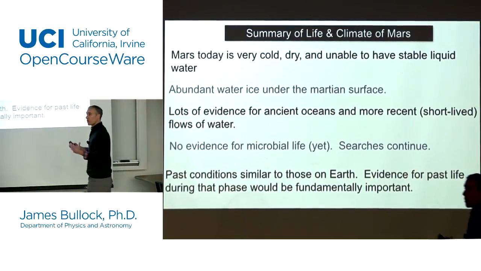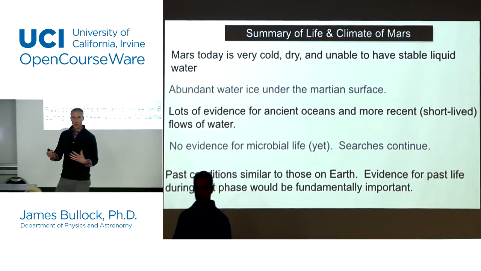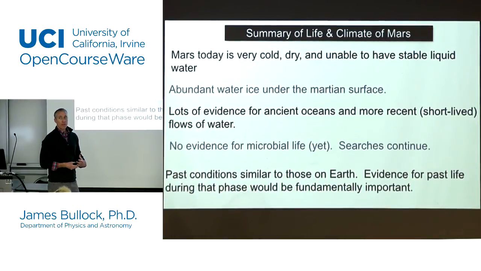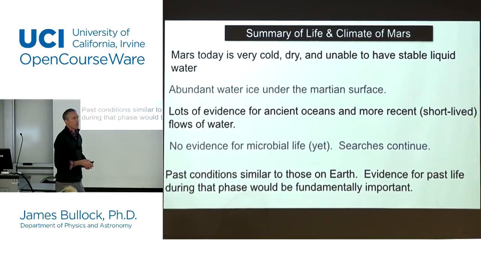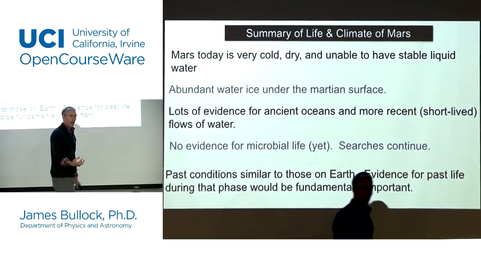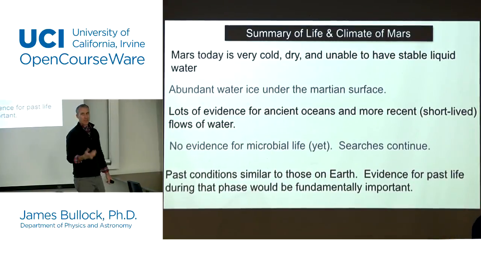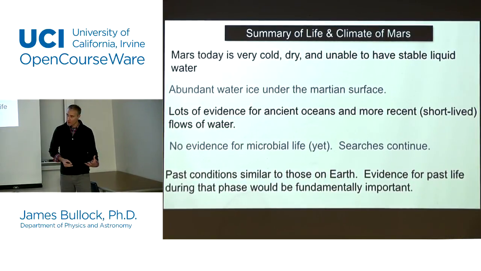If so, that really suggests that there were conditions, at least at some point in the past, maybe a couple billion years ago, where life, perhaps not that much different than what life was like on Earth 2 billion years ago, could have existed. And this is the thing that gets people excited, and it's one of the reasons why we keep sending probes back to Mars to hunt for signs of this kind of thing, if it's there. And of course, if we ever sent humans to Mars, you'd have real geologists there trying to do these experiments more carefully than you can with a rover.